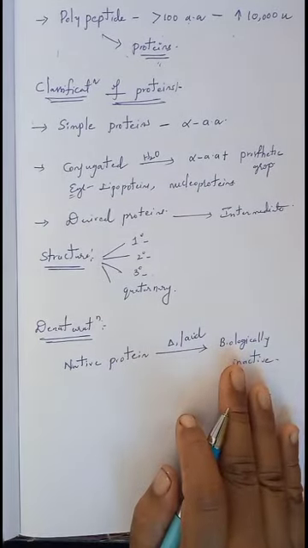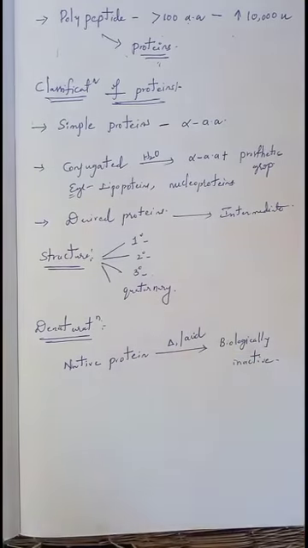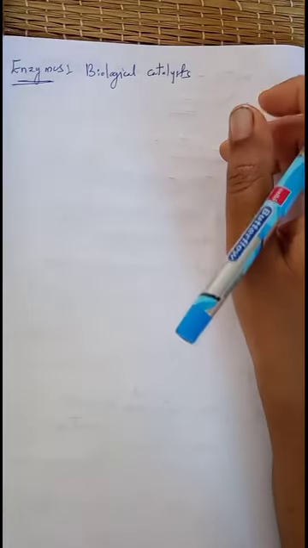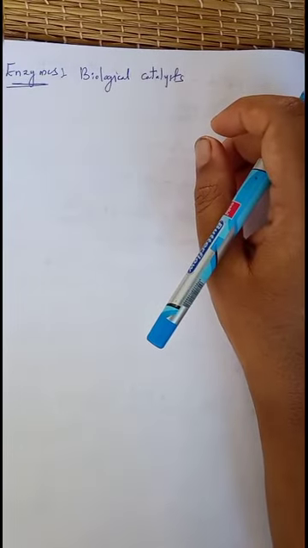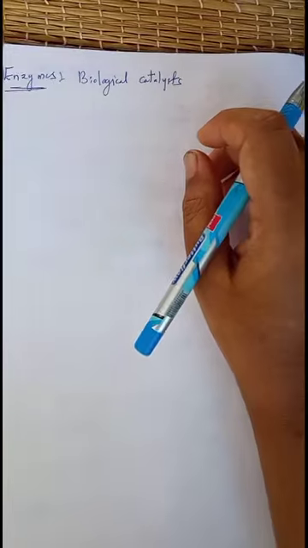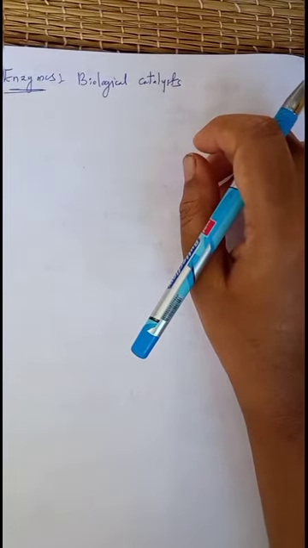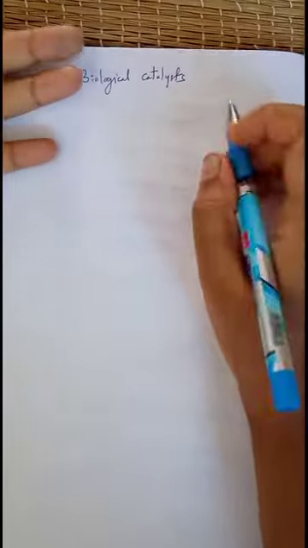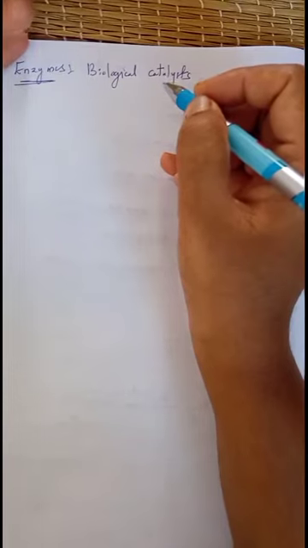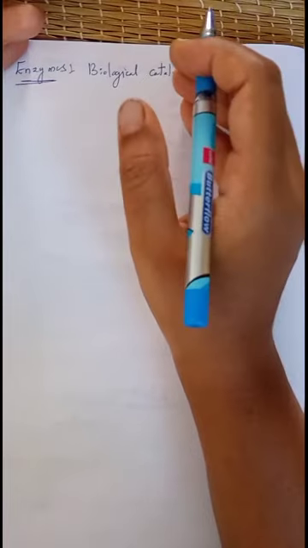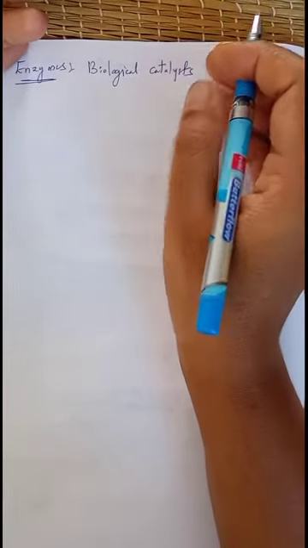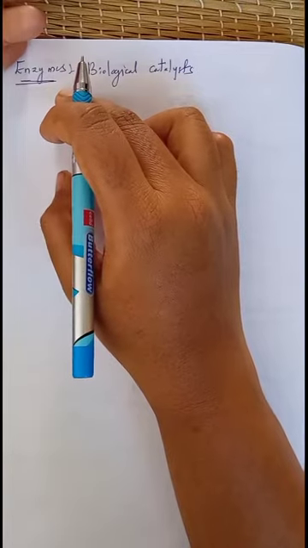Now we want to know about enzymes. Now we will come to know about another important biomolecule, which is nothing but enzymes. These enzymes are the biological catalysts produced by the living cells. They can catalyze several types of biological reactions in the living system. They are highly specific in their action. All the enzymes are conjugated proteins. All these enzymes are examples of conjugated proteins.